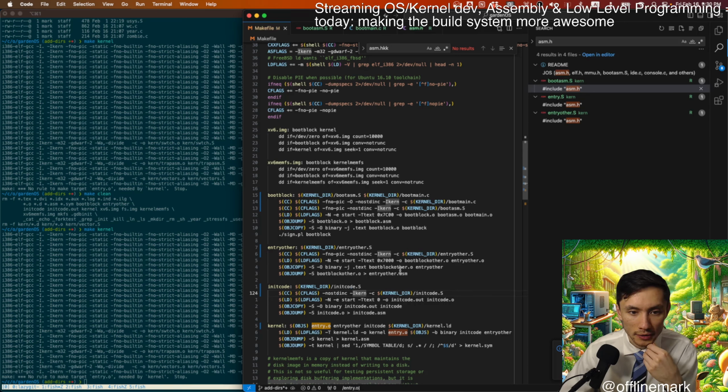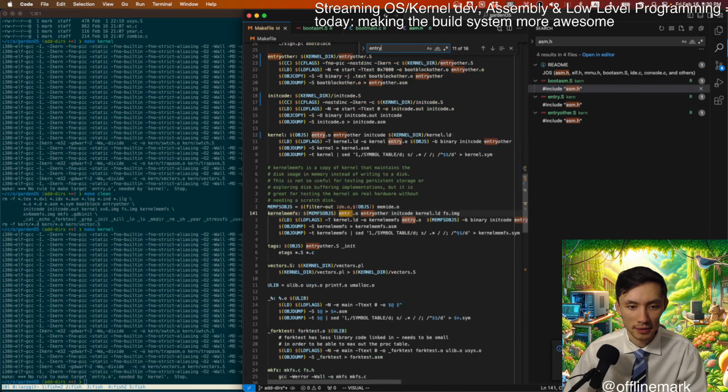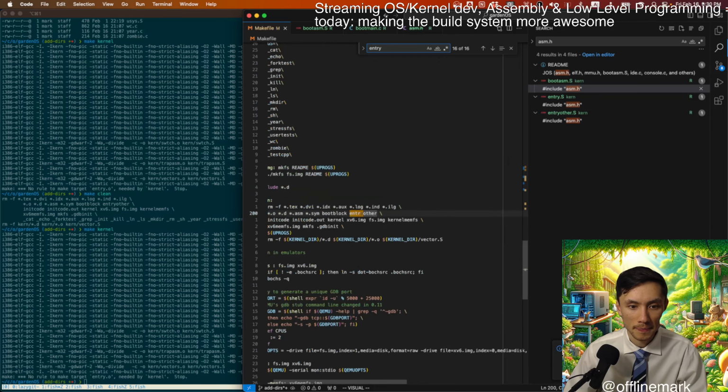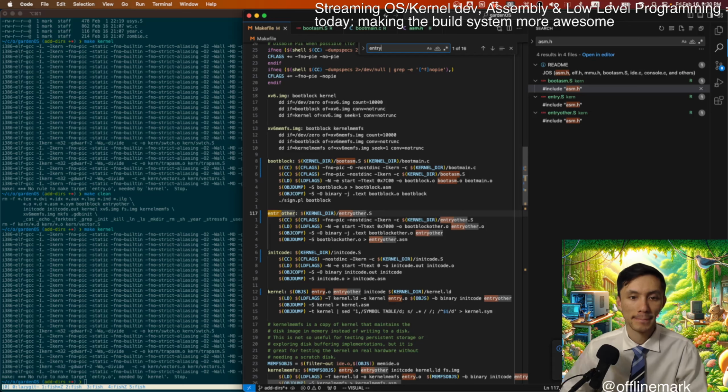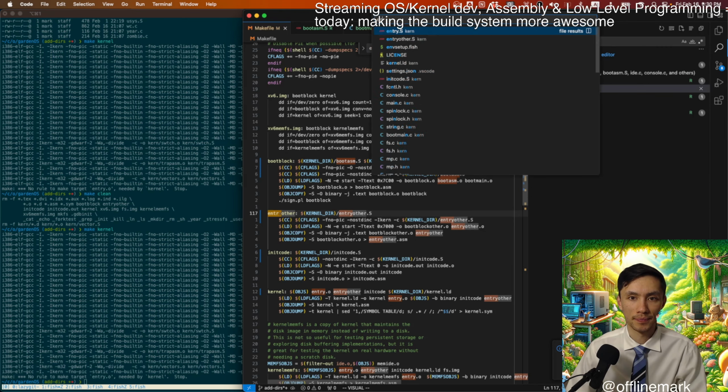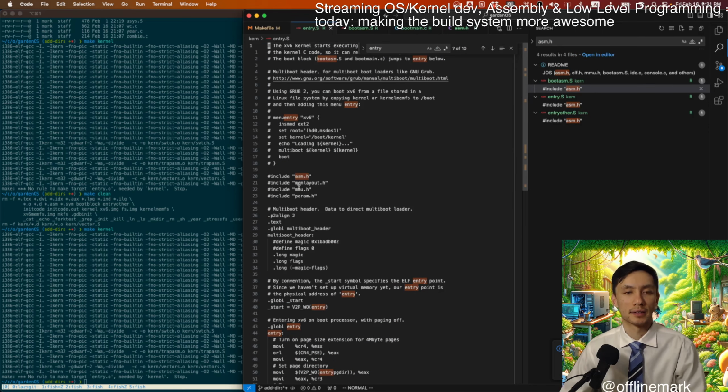Entry.o. The kernel requires entry.o. So it's going to be one of these, entry.s, which we've moved into the kernel.